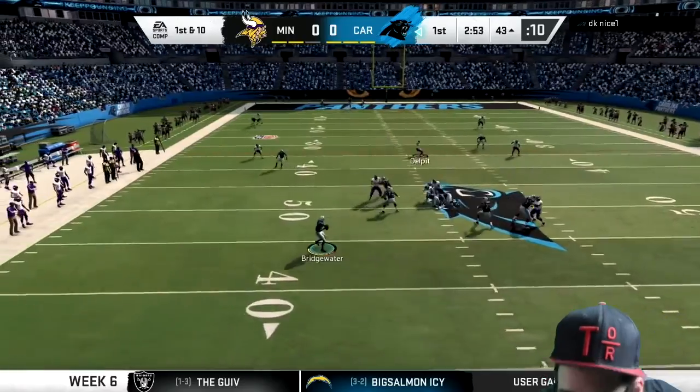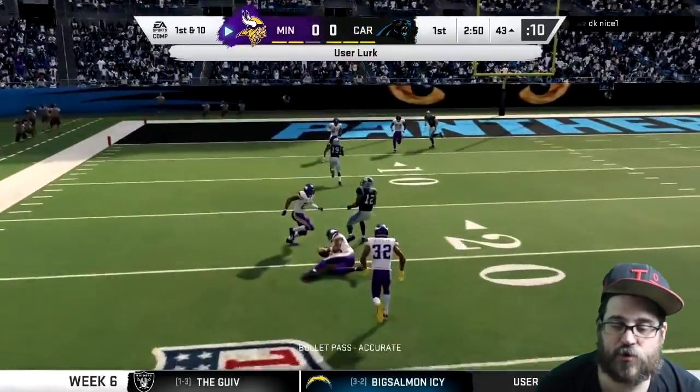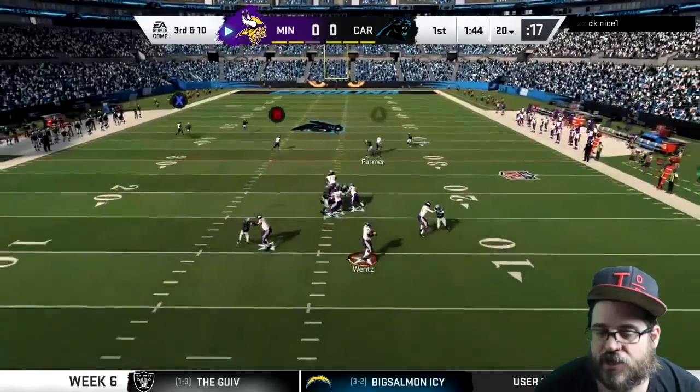He's going to throw that ball there. I'm kind of lucky to make that user lurk. I watched it develop, so after turning it over, I'm going to get the ball back. And here again, that pressure's coming in, getting pretty good blocking, and I just find this route get open, which